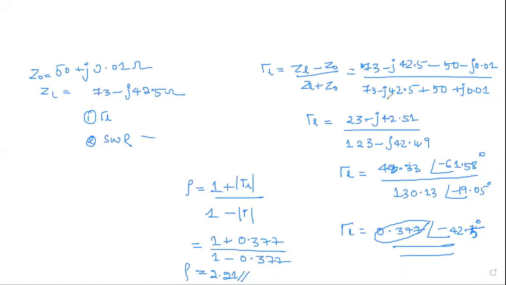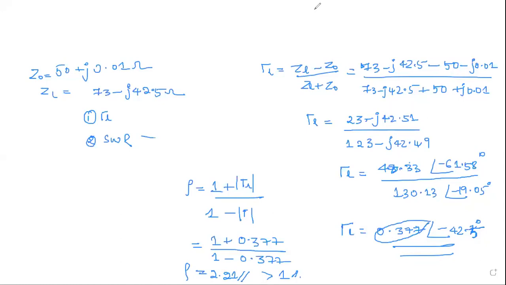So understood the problem. If you are asked for standing wave ratio given Z0 and ZL, first you find out the formula of reflection coefficient, write it in the angle form. And when you solve this standing wave ratio, make sure you take the reflection coefficient magnitude, that is 0.377 in this case. Then substitute, find out what is standing wave ratio. It will be always greater than 1. Okay. So I'll clear the screen. Write down the next question.